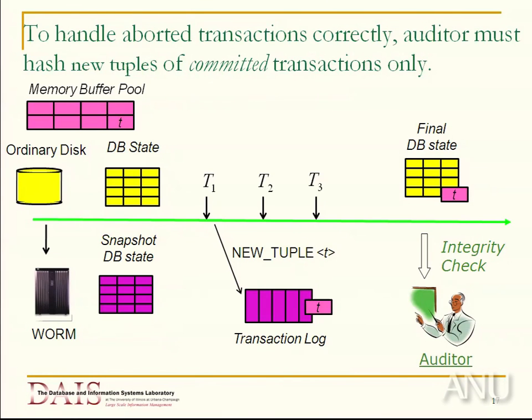Then if T1 later aborts, that information is already in the purple storage. It's not going to go away. That means the auditor's job, well, the code for the auditor is a little bit more complicated. You have to